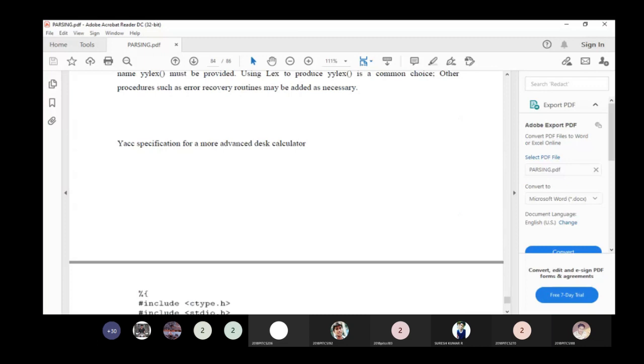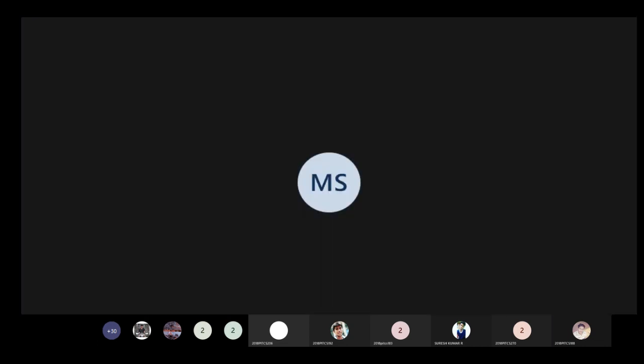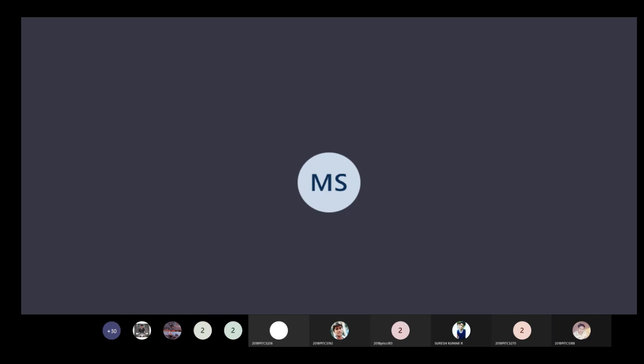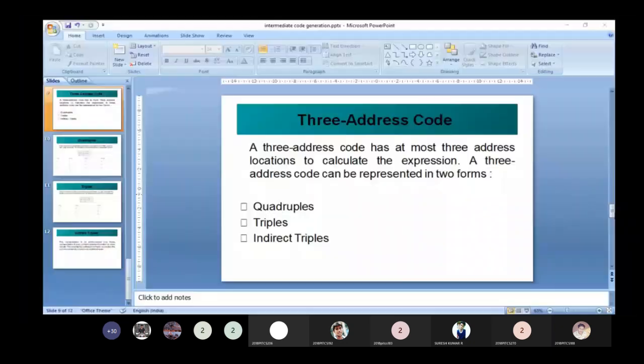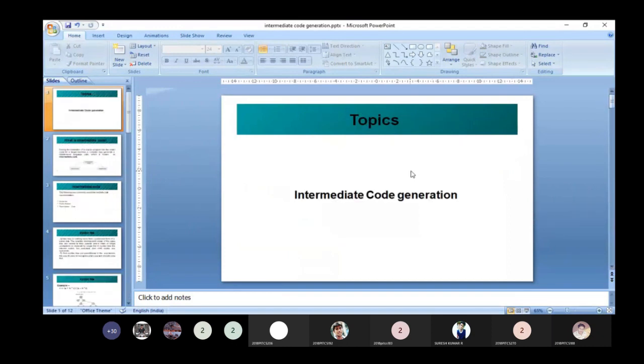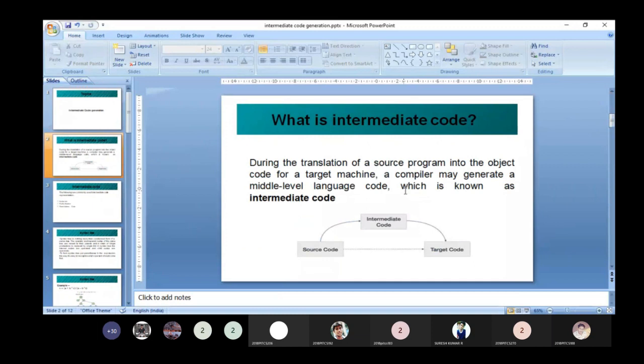So what is intermediate code generation? We already studied it in the parser phases of the compiler. During the translation of a source program into object code for a target machine, a compiler may generate a middle language.